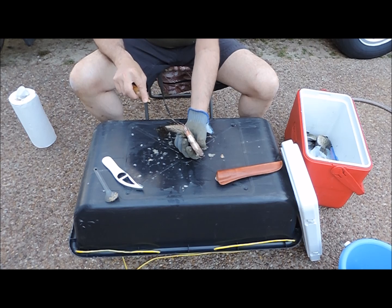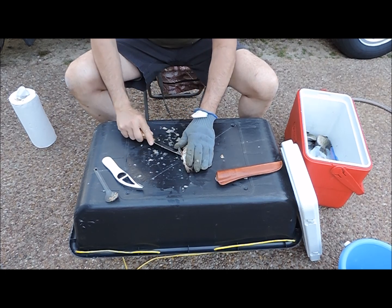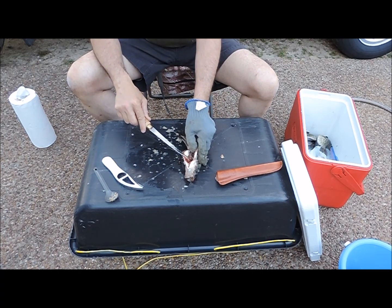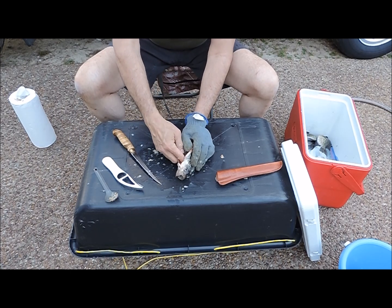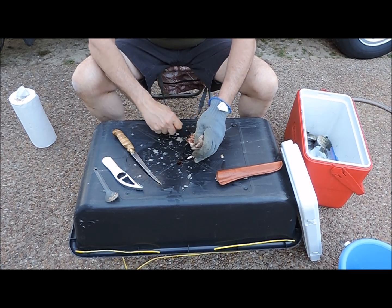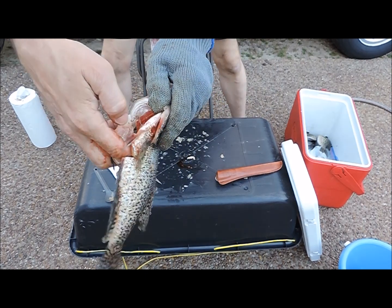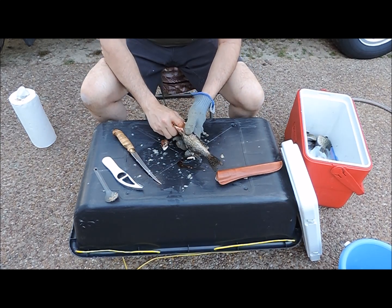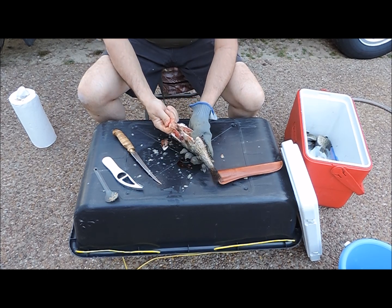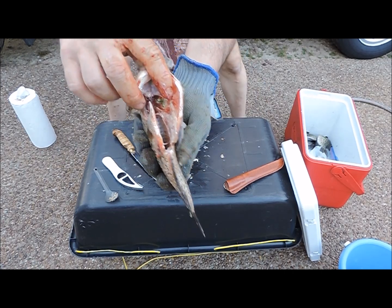Turning the fish over and going right in between these fins from where we cut, make a slit up the belly and all the way up to the bottom of the lip, and that opens up the entire stomach cavity. Now we can go in there at the top of the head and reach down, and you'll puncture through that stomach bladder, and you'll see that little diaphragm in there. We want to remove that diaphragm. Just stick your finger in there until you run all the way down along the backbone, and we'll come all the way forward until we have come all the way into the gills, and in that way we've removed all of the gut sac